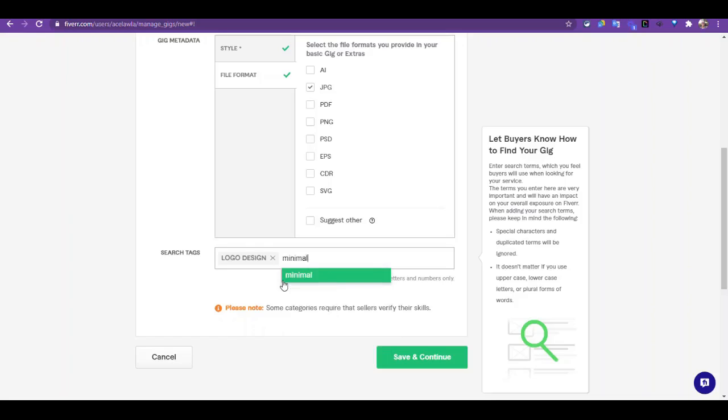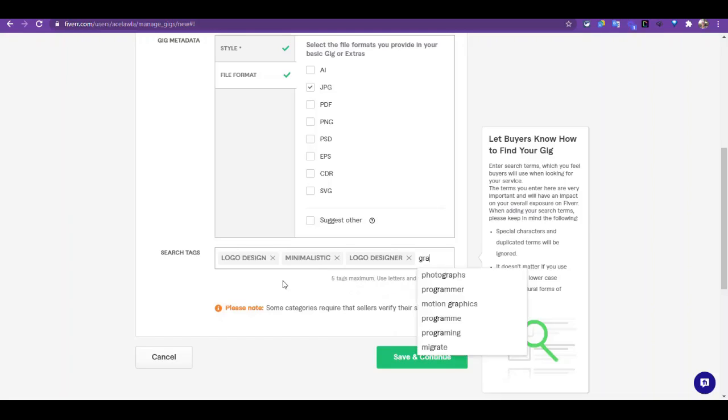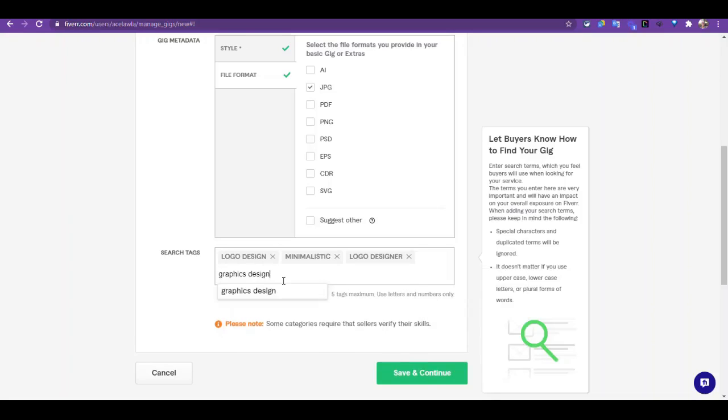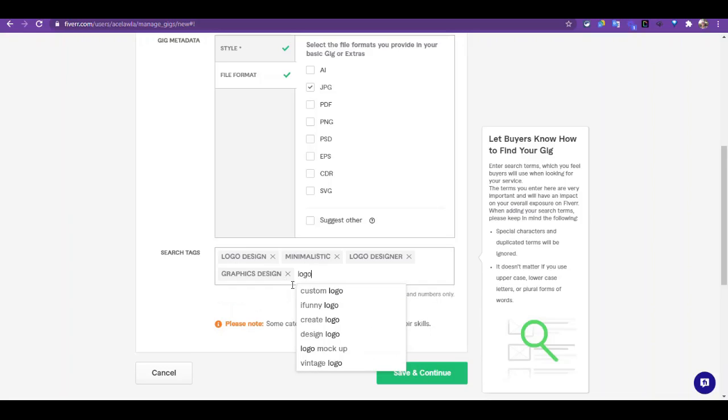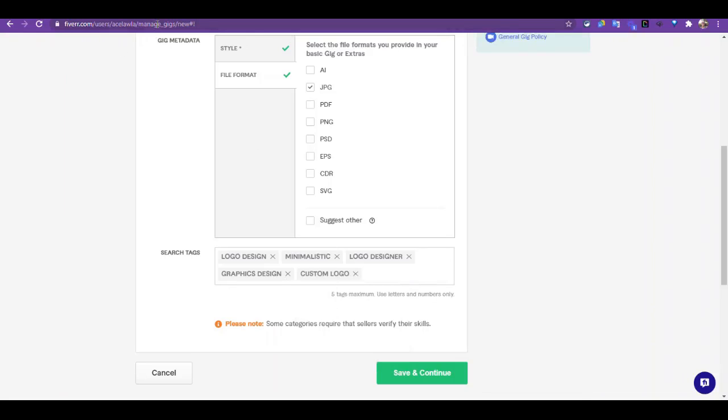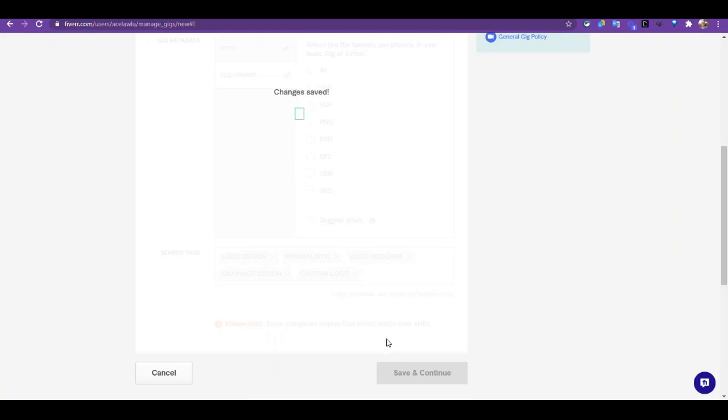So minimalistic. And then I'll put logo designer. You're to have at least 5 search tags. All right, so logo designer, graphic design. How many is that? 4. And let me just put logo, custom logo. All right, so watch what happens up here. That's where you're going to be focusing. So when I do save and continue,